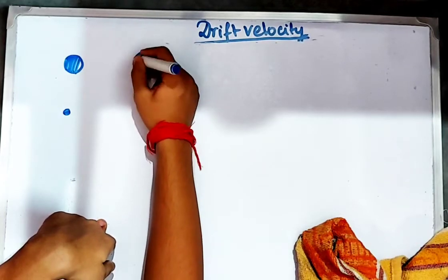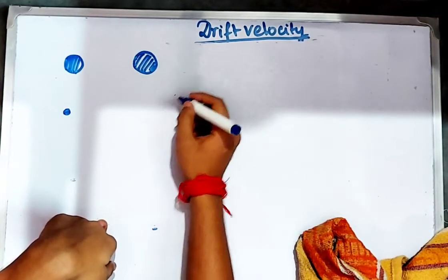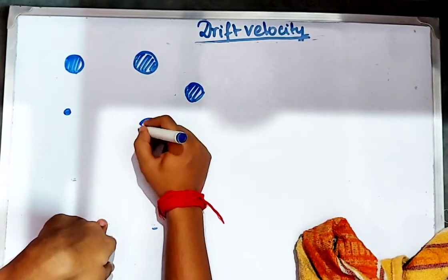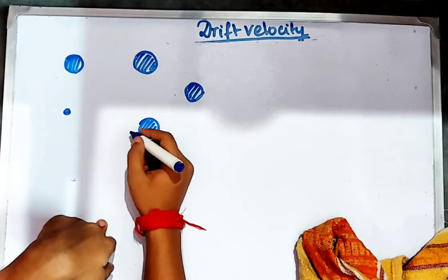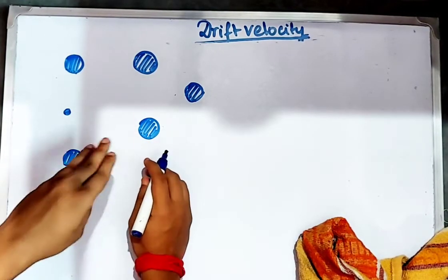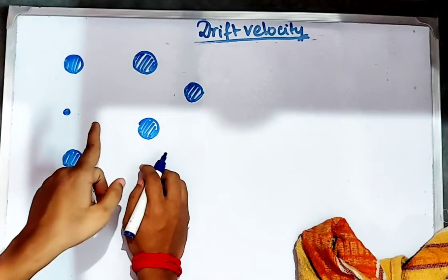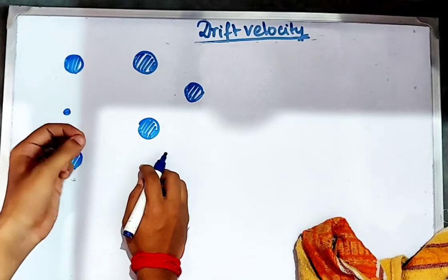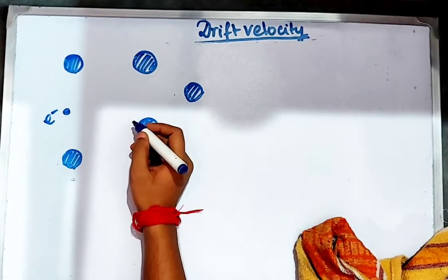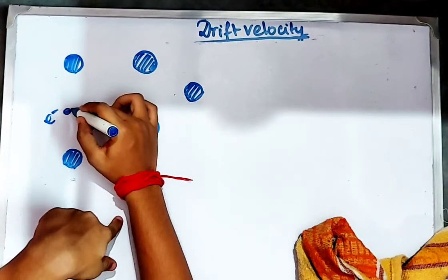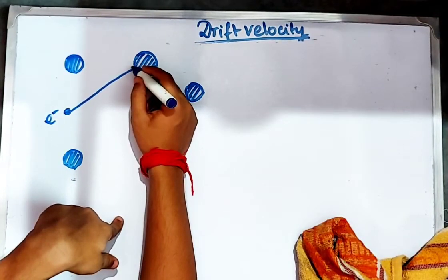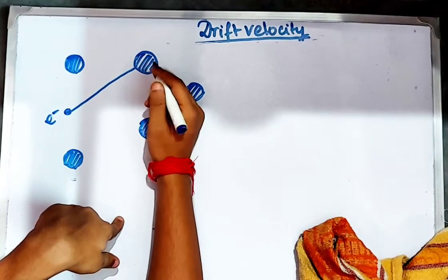Without the electric field, the electron has only its thermal velocity, so it can move in this way. Suppose it is going here, then it collides with an atom,